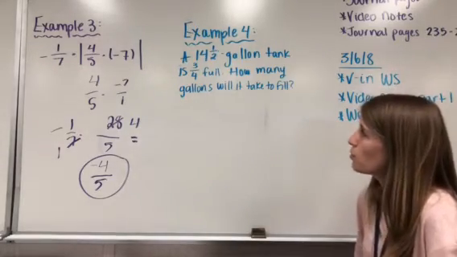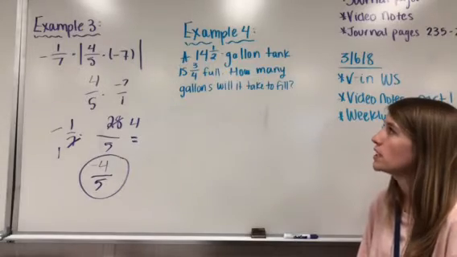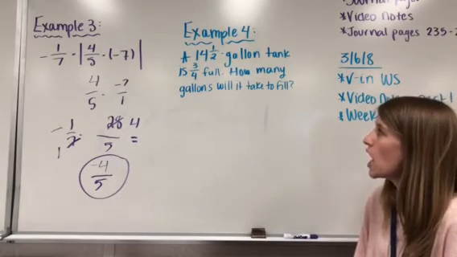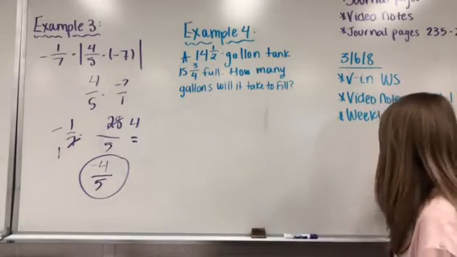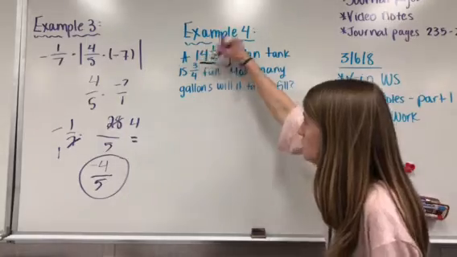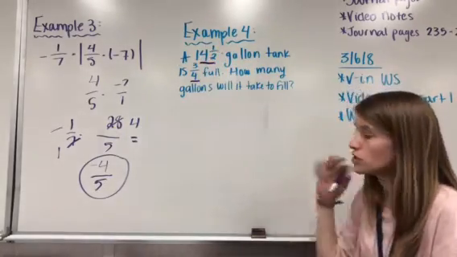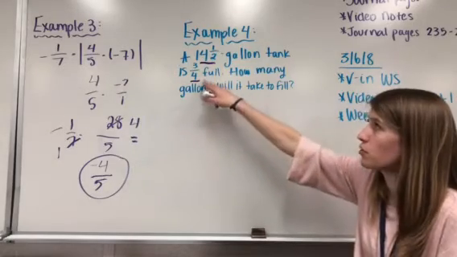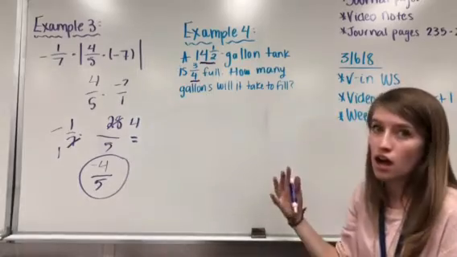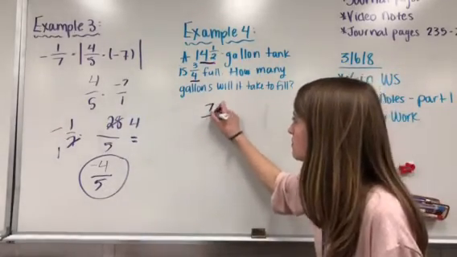Let's try a word problem together. This word problem says a 14.5 gallon tank of gasoline is 3/4 of the way full. How many gallons will it take to fill? So I know that I can have 14.5 gallons, but it's only 3/4 full. So a summary statement would be I have 3/4 of my 14.5 gallons. Of means multiplication, so I have 3/4